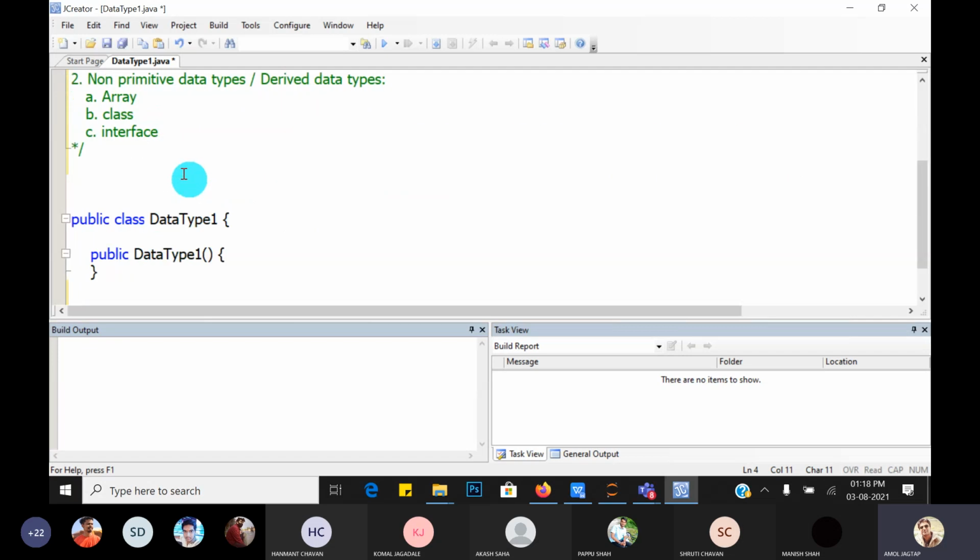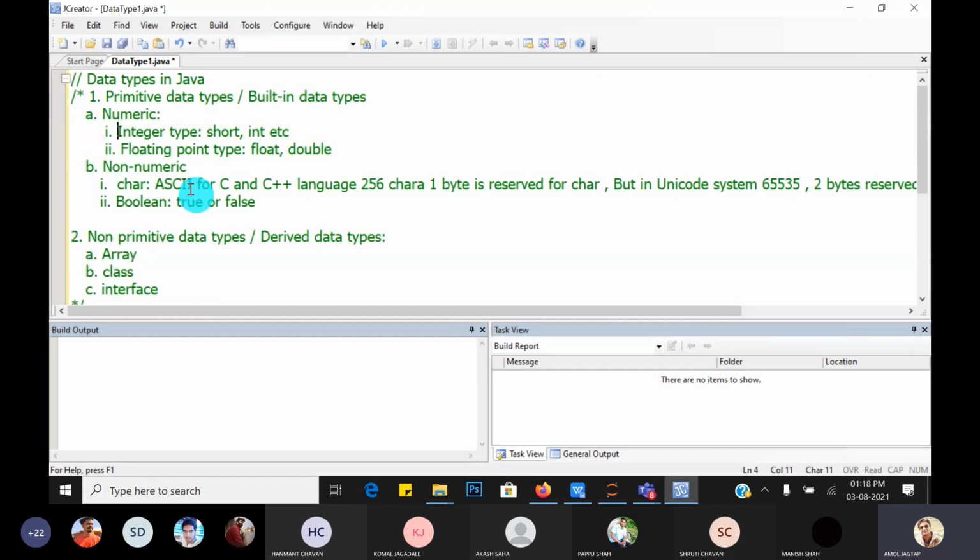Okay, so integer type in Java, integer data type is divided into 4 different integer types, that is byte, then second one is short, then third one is integer, and last one is long. Okay, so based on how many bytes are reserved for that particular data type, we have divided our integral data types into 4 different data types.